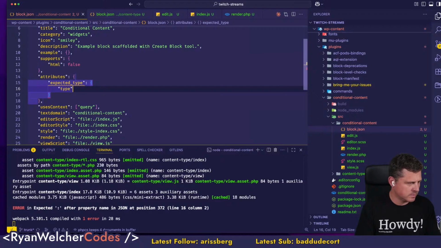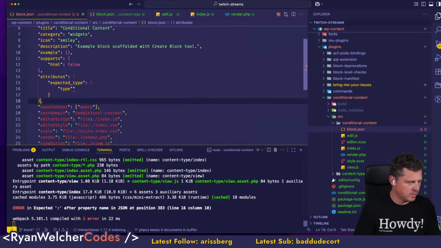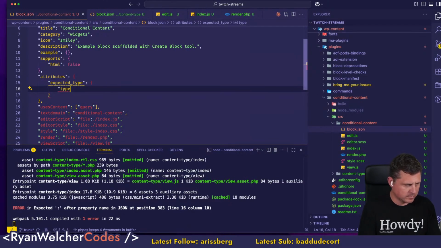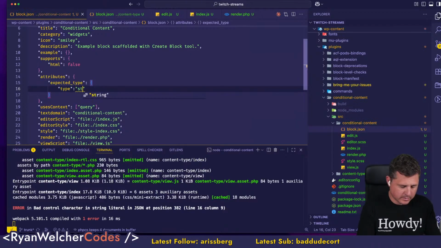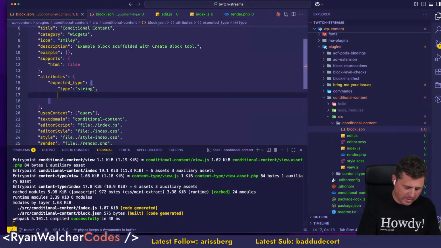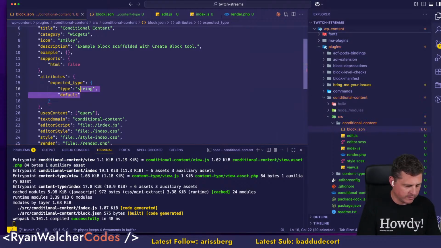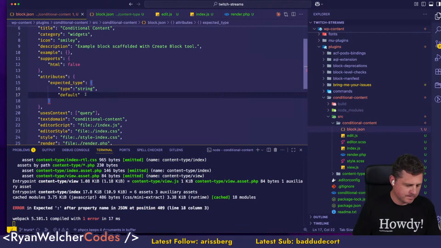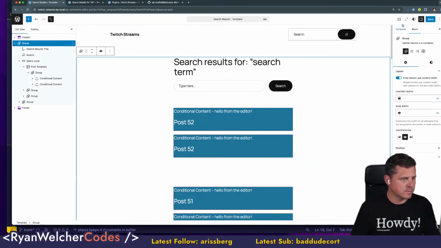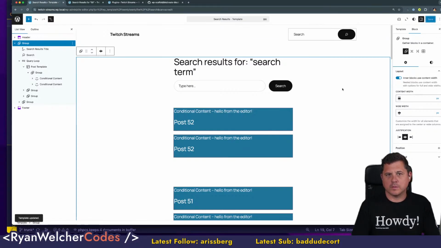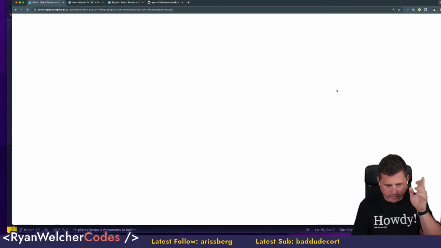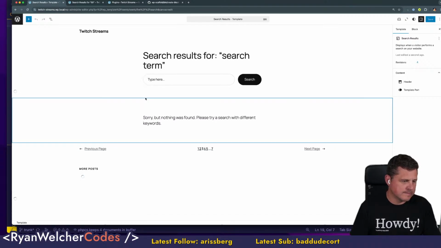It's going to be type string. And we'll just set a default for now of post. So I think that'll probably work here. And I'll need a control for it, but